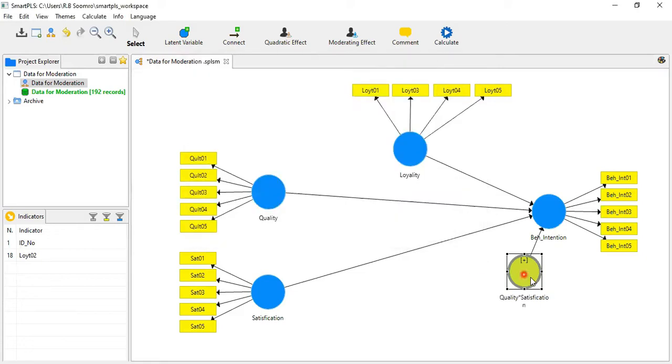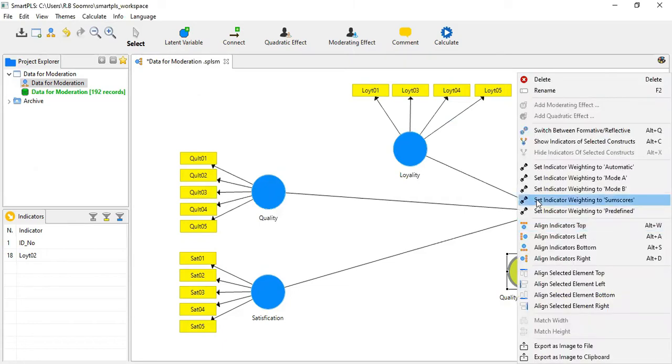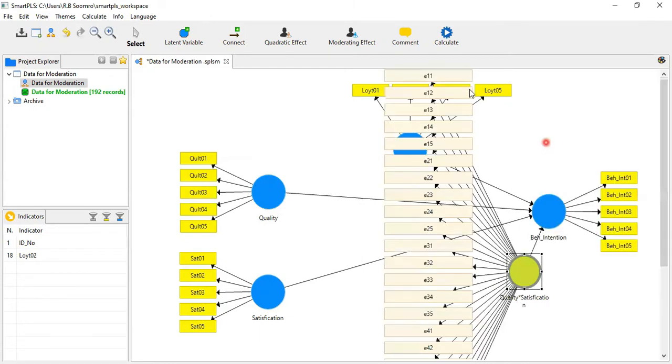Okay. So now one good thing I want to show you, for example, if you want to check its indicators. Indicators show the indicators of the selected construct. Here you are looking that the indicators have been shown, and in this one, see here, all are error terms. E11, E12, E13, these are the error terms. Basically, this type of approach, orthogonalization, works on the error terms. Product indicator works on the beta because there is a chance of multicollinearity. So in order to resolve this issue of multicollinearity, this approach works on the error term.